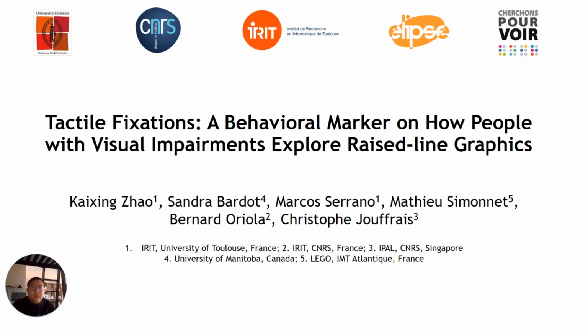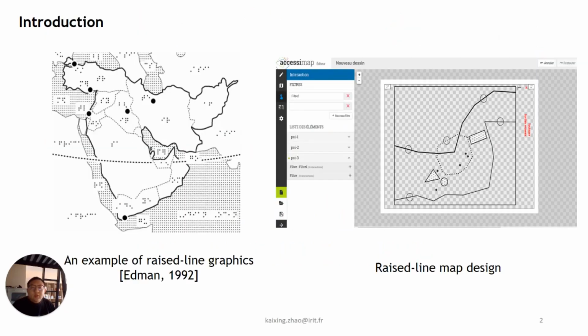Now I will present our paper entitled Tactile Fixations, a behavioral marker on how people with visual impairments explore raised-line graphics. Raised-line graphics, as shown in the figure on the left, are commonly used in special education for people with visual impairments. These graphics are often printed on square touch paper and allow people with visual impairments to explore them